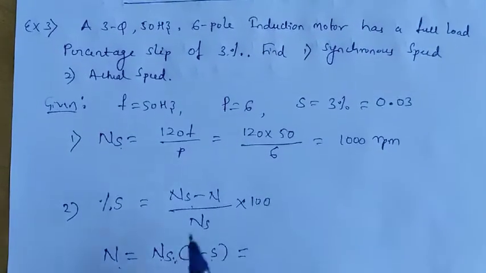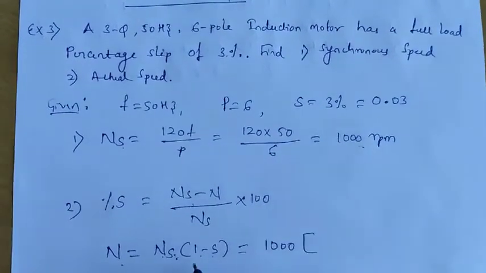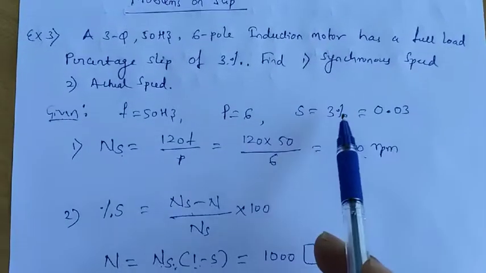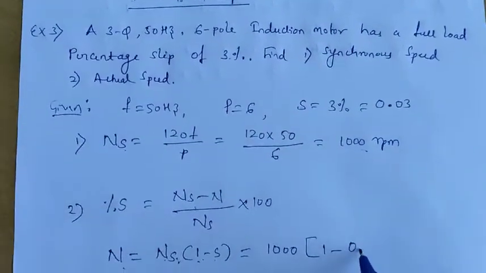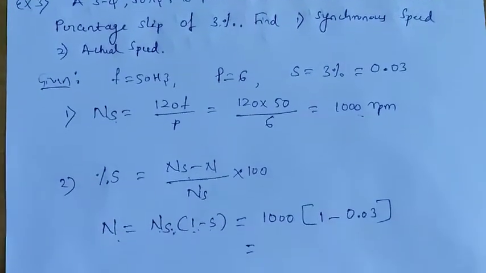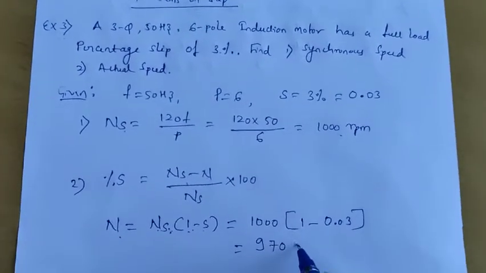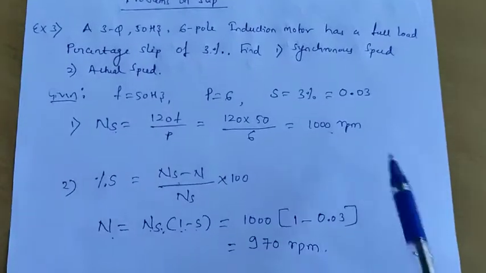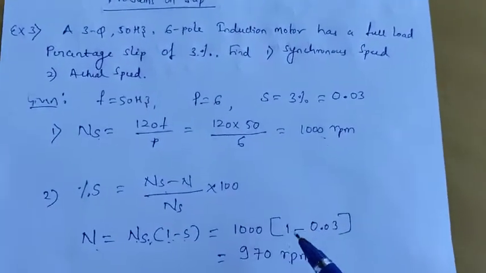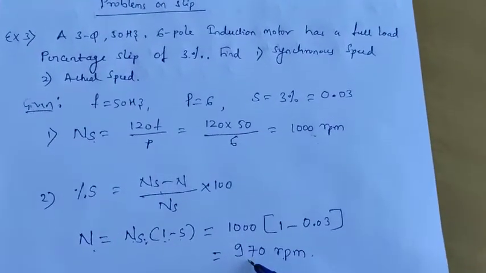N is equal to ns into bracket 1 minus s. So ns is equal to what? Synchronous speed, that is 1000 RPM, into bracket 1 minus s. s is the slip which is given 3%, means 0.03. So n is equal to 970 RPM. So this is the synchronous speed and this is the actual speed. In the theory we have already discussed that the synchronous speed is always greater than the actual speed. Okay,